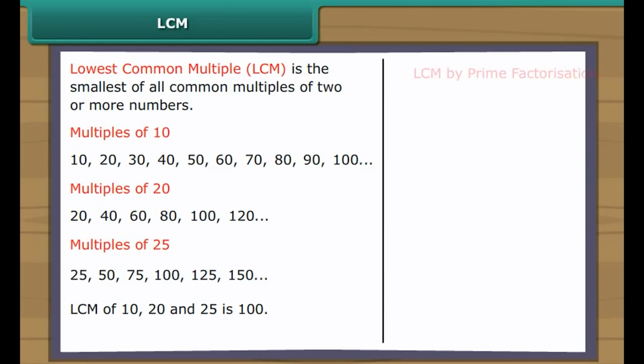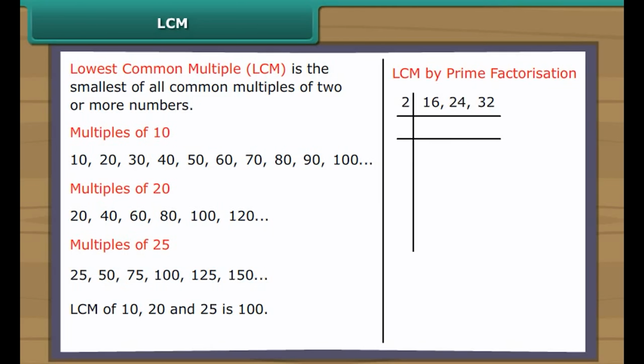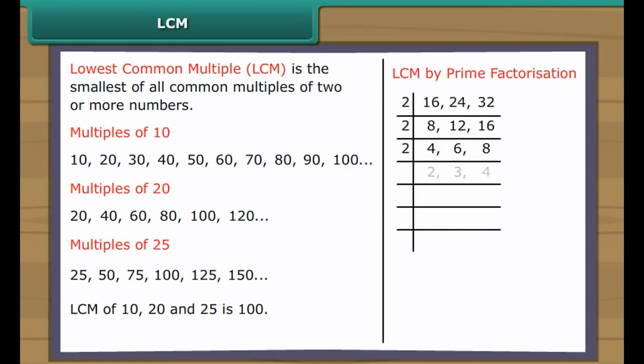An easier method for computing LCM is the prime factorization method. Let us use the method to calculate the LCM of 16, 24 and 32. Prime factorization method involves dividing the 3 numbers by prime factors till the quotient is 1. Let us start with the smallest prime factor that divides at least one of the 3 numbers. 2 is the smallest prime number that divides 16, 24 and 32. Let us continue to divide the quotients by 2 4 more times till it is not possible to divide any